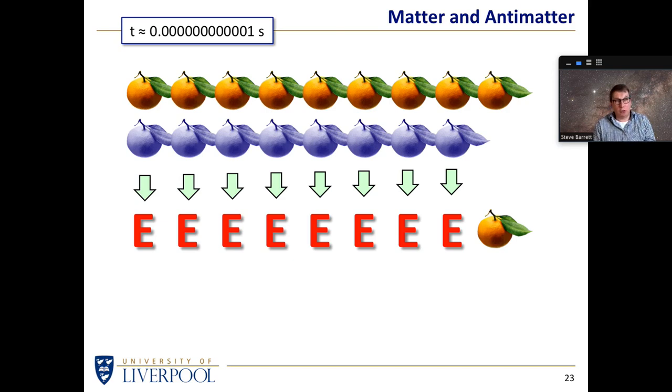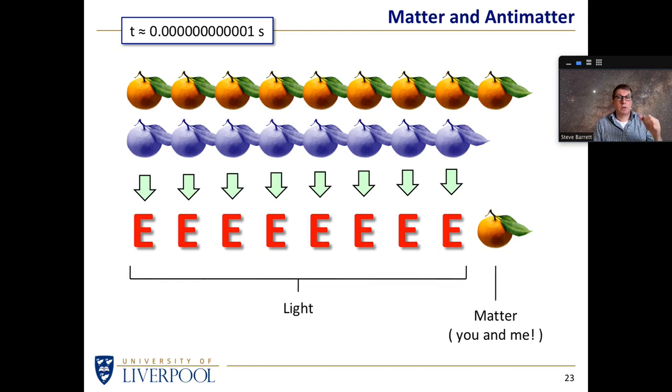All the galaxies, all the stars, all the planets, you and me, are that little bit of matter on the right-hand end there. So there's an awful lot of light out there, an awful lot of photons flying around the universe, and there's probably 1 billion or so photons for every particle of matter. But that particle of matter is just what's left over when all of the rest of the matter and antimatter have annihilated. So it's just as well a little imbalance did occur, because we are the result of that tiny imbalance that occurred at this very early stage of the universe.